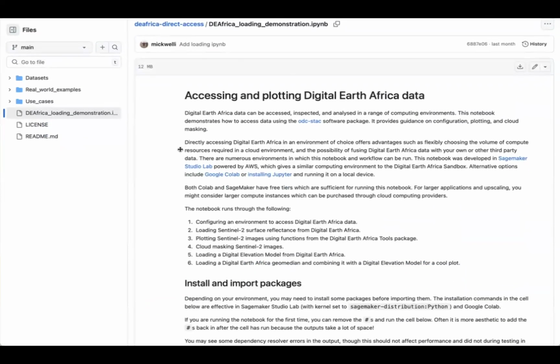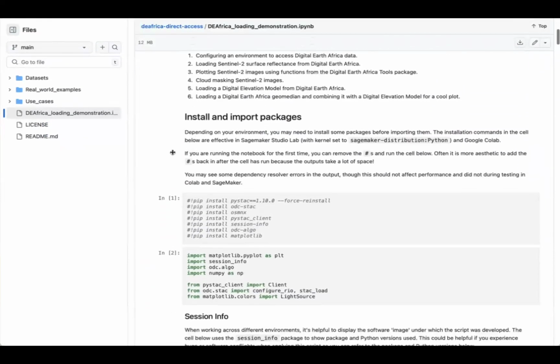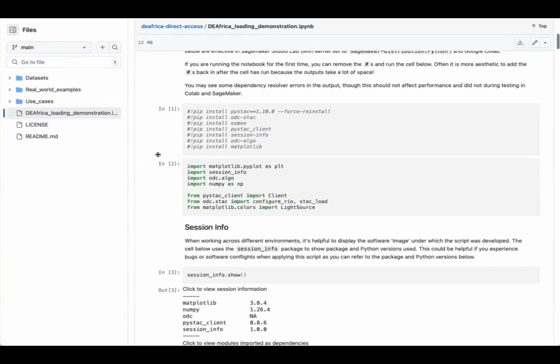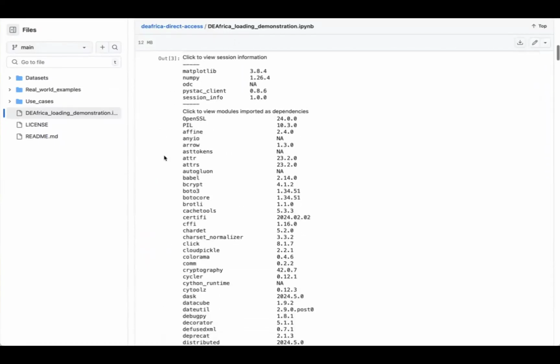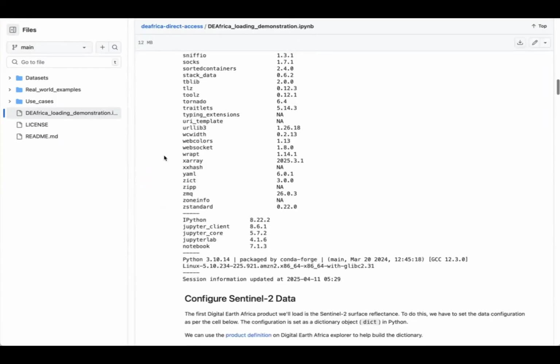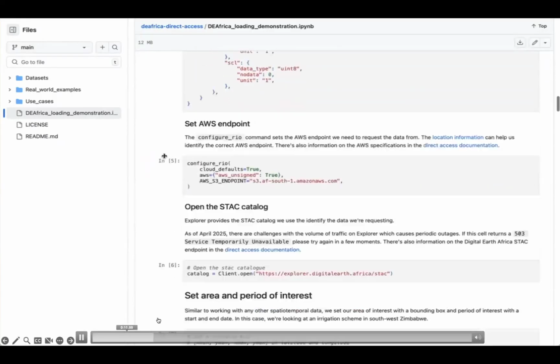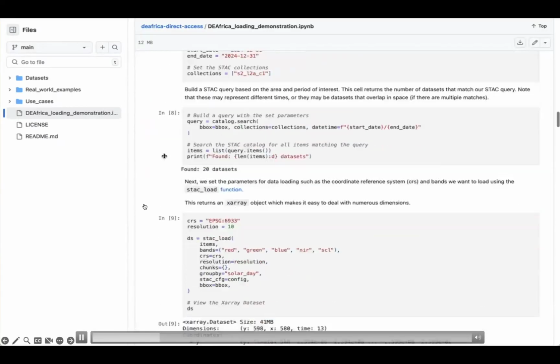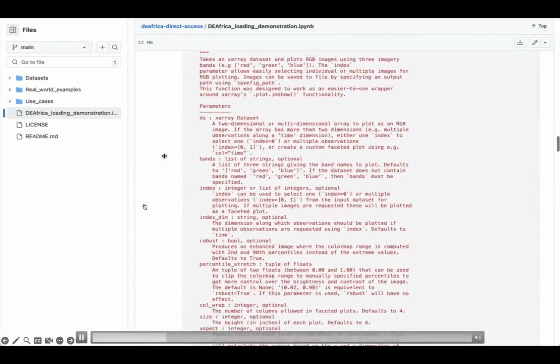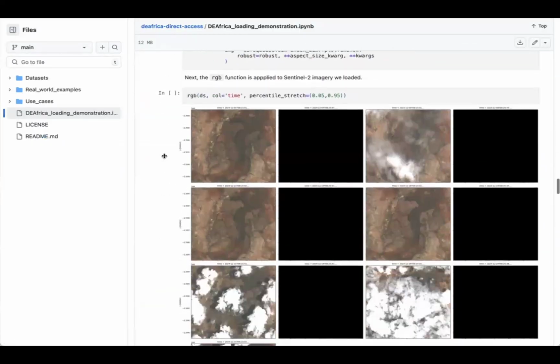Colleagues are working on providing the tutorial step by step so that we don't leave anyone behind, especially when we have other opportunities that you could access most of this data in